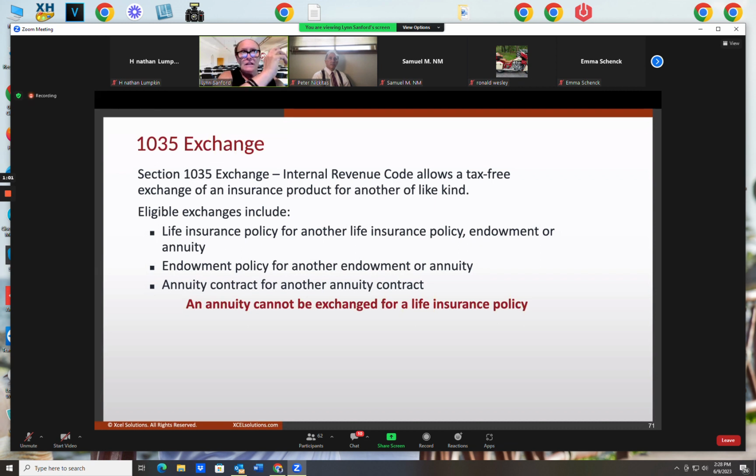And life to annuity is also good because the word life comes first. If you're trying to do it out of an annuity and put it in a cash value life insurance policy, that's no good, because the word life does not come first, and therefore it's not a good 1035 exchange. That's the easiest way to memorize that. Now, the person cannot be in receipt of the check. They cannot receive the check. If they receive the check, they have to pay tax on it. So it has to be a trustee-to-trustee transfer.